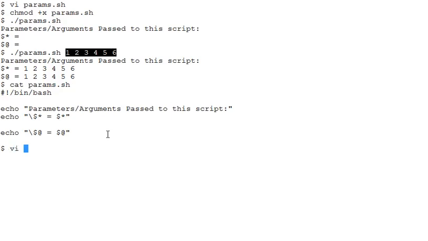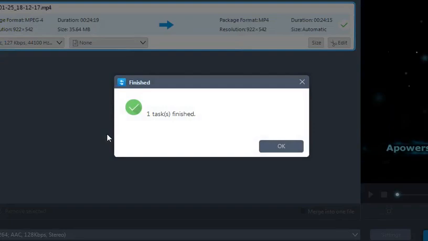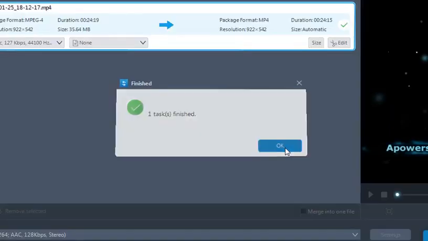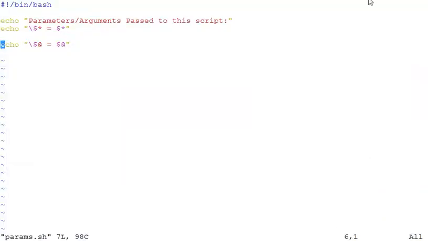So let's edit the script and see how we can do that.